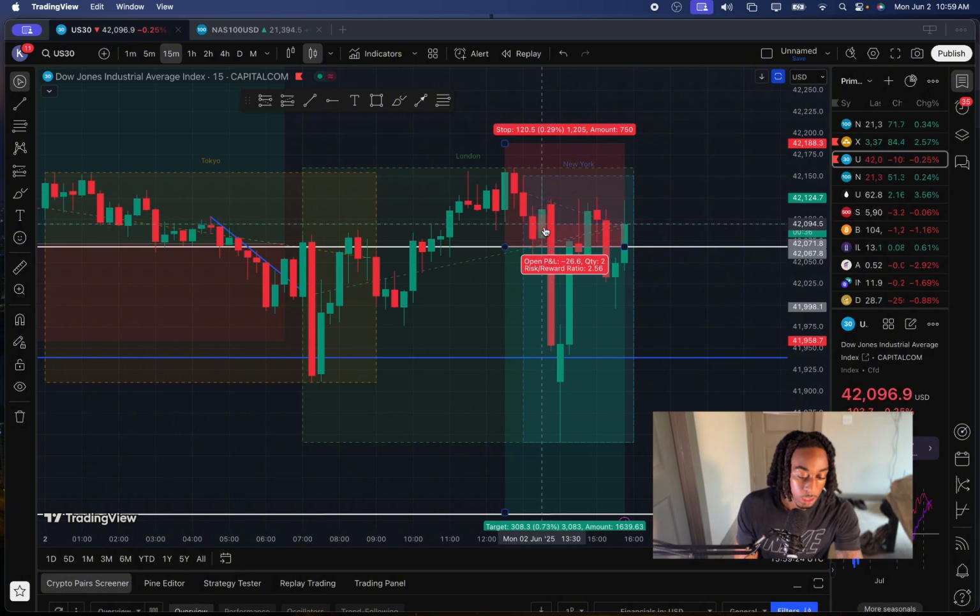As soon as I seen that it had a rejection candle here off of this white median line, and whenever it did try to come back into this London high area, it showed a rejection candle off the rip. So I got in off this